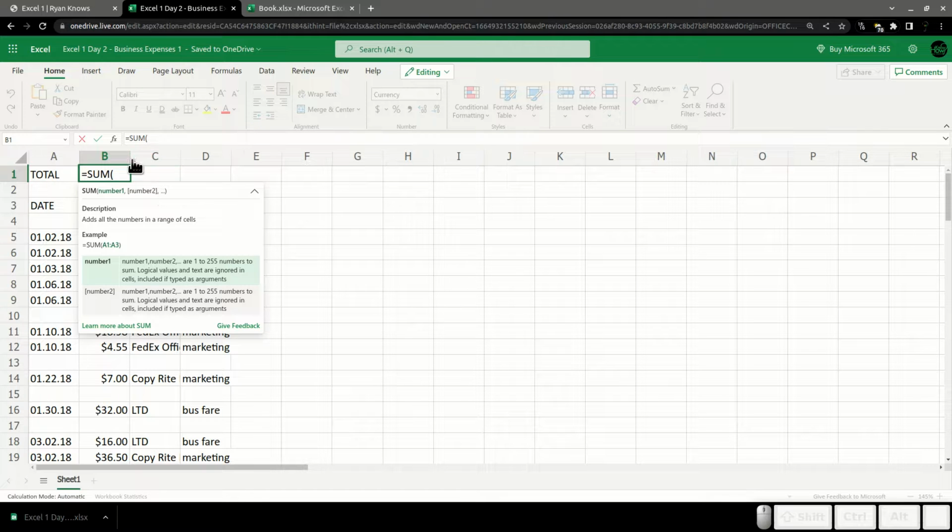And now that I've clicked on that and selected this formula, it gives me this little cheat sheet about what this formula does and how to use it. So it gives me a little example of what this formula should look like. It says SUM, and then in parentheses. All formulas are going to have the name of the formula followed by a set of parentheses where all the stuff goes that you want that formula to do. It says SUM, number 1, number 2. It's basically saying if you put a bunch of numbers in here, it'll add them together.